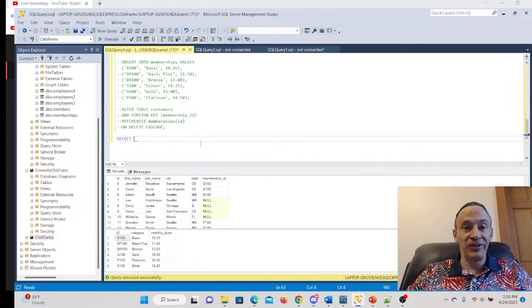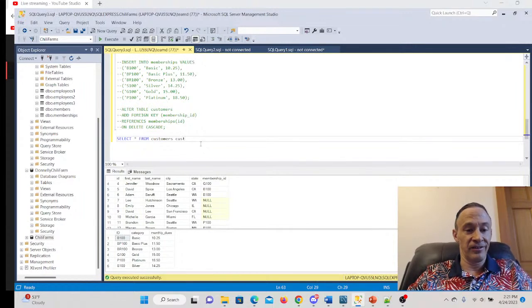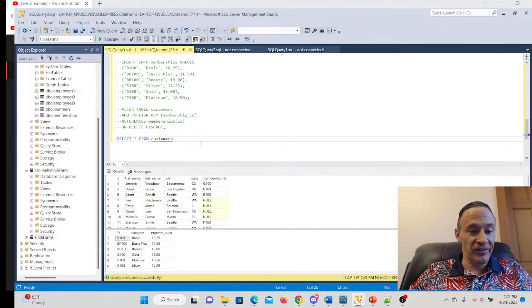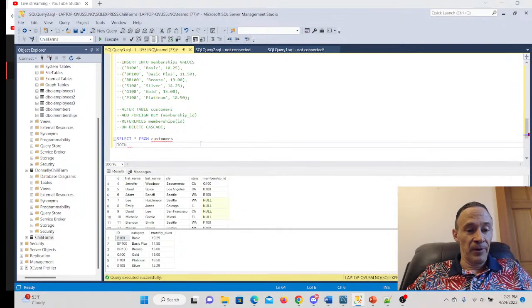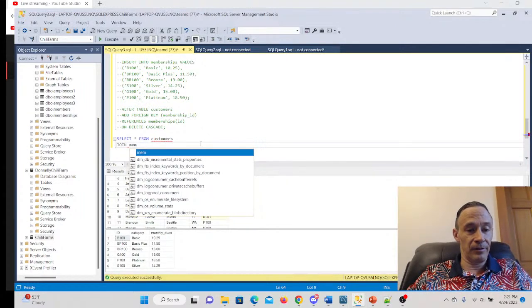All right, so we're going to be doing an inner join. I'm just going to select all the columns here, and select from customers. I was going to come up with an alias to cut down on typing, but let's not worry about aliases right now. Let's just worry about the join. So select, and then we're going to join memberships, join memberships